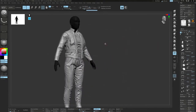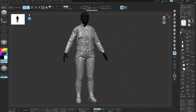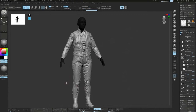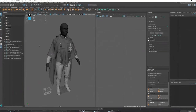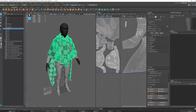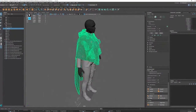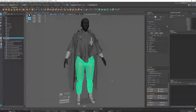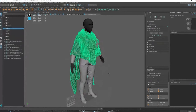So I guess next down is the pipeline of creating characters. Once we're happy with the high poly, it's all the fun low poly and baking. The best way to show this is going into the low poly of this when it finally got finished. It was a bit of a slog getting it done, but thankfully with the transfer attributes, I could use all of the clean geo that it gave me, and the only thing I really had to do then